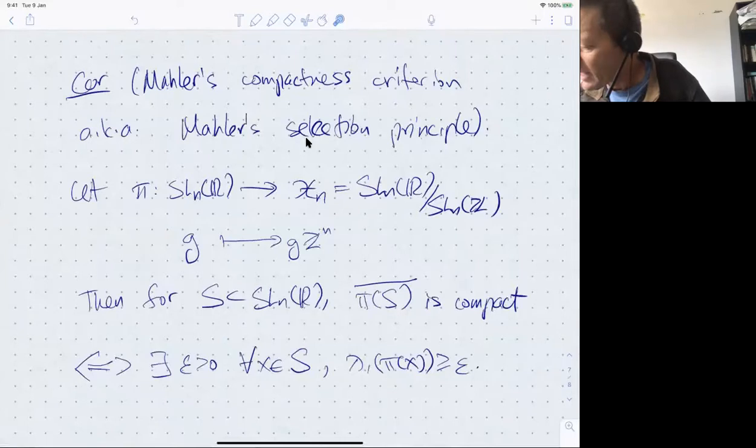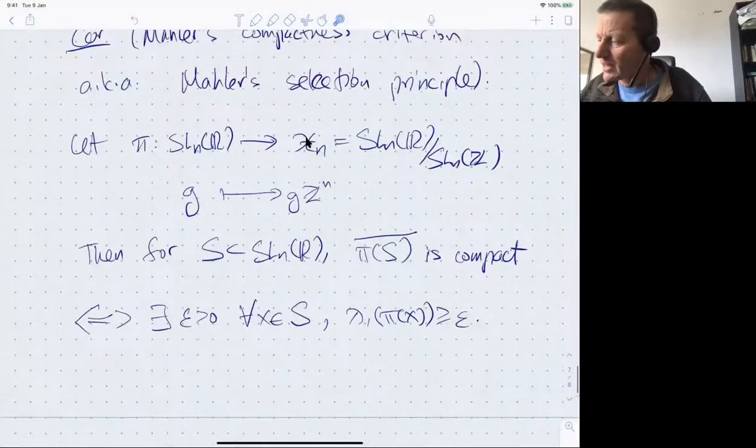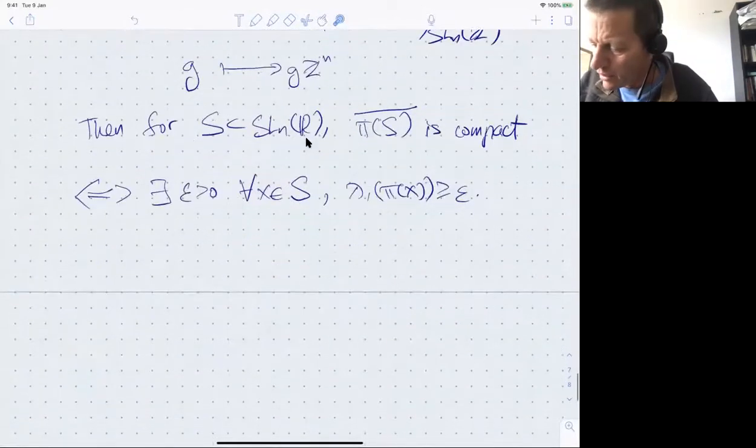Yeah, good question. And also, I should say, there are some exercises in the exercise sheet about taking limits in this topology, and there's this basic principle that often limits of groups are groups. That has nothing to do with lattices. It's just a general fact. Let me state the compactness criterion in another form which is often used. So equivalently,